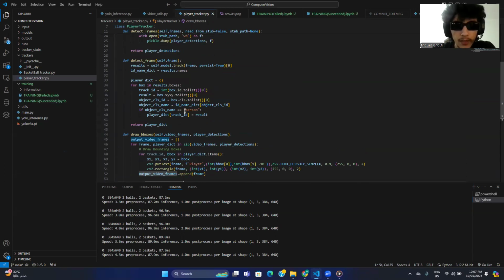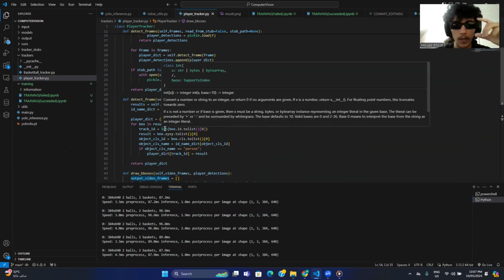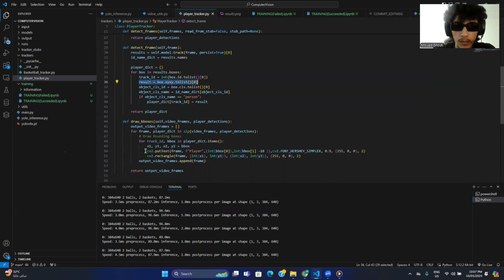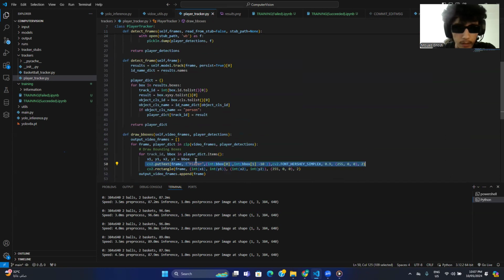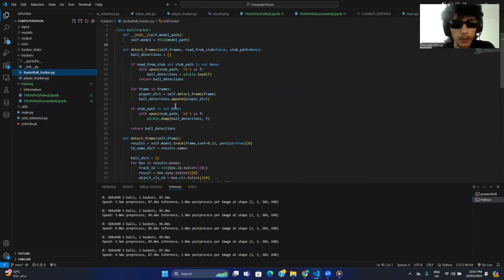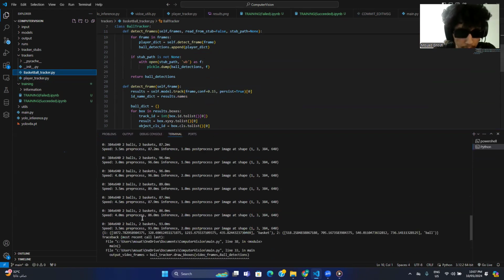Basically, just to get the detections from the model and just draw rectangles around the player. If I go over here, this one I wrote for my own model because it gave the results for the basketball and the rim itself. So if you can see over here,